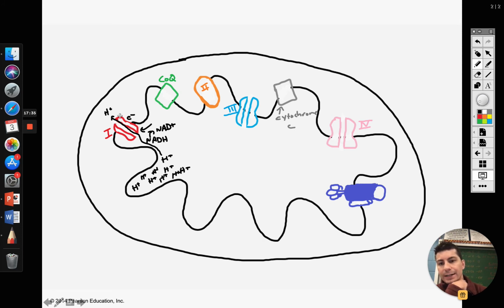Since we have very little on the outside, this will happen naturally. We will not need ATP. We will not need to expel energy or use energy for this to happen. So we're going to take our electron, it's going to open this up, and then it's going to let the